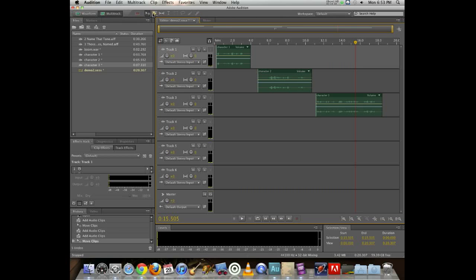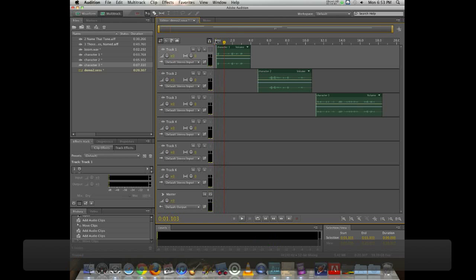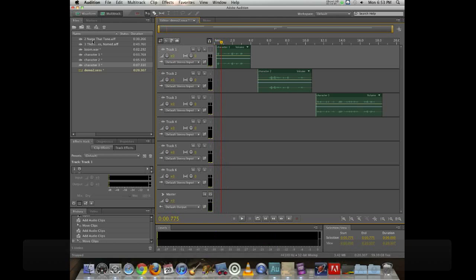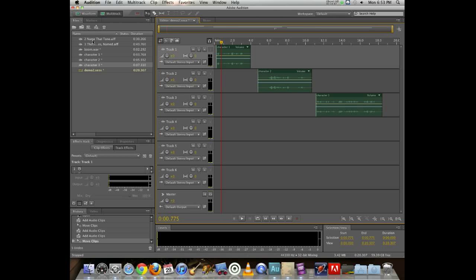I'm not going to require you to memorize all the keyboard shortcuts or anything like that, but this is one that I find works pretty well, and it's Command K for razor. Or cut, you can think of it that way too, I guess. So if I scrub through my time here, put it right after the "hey", right here. If I put the playback head where I want to do my cut, if I hit Command K,